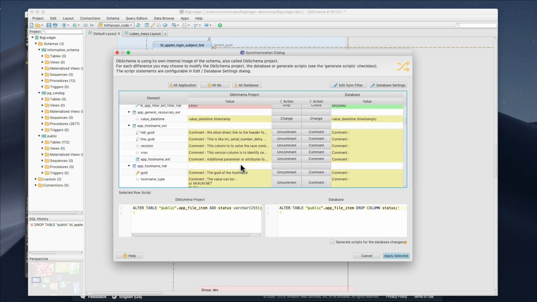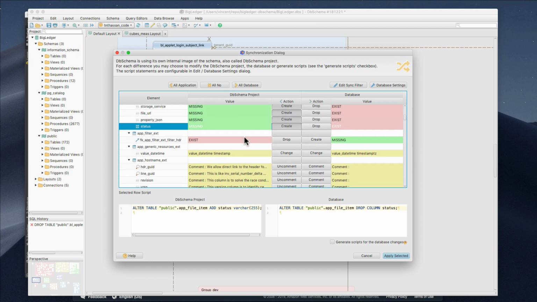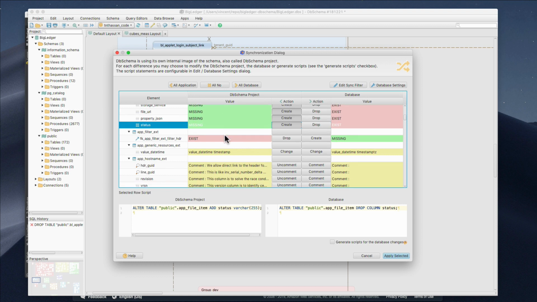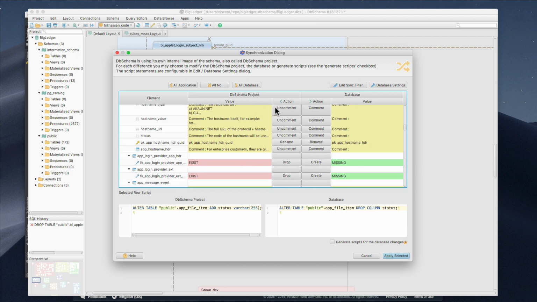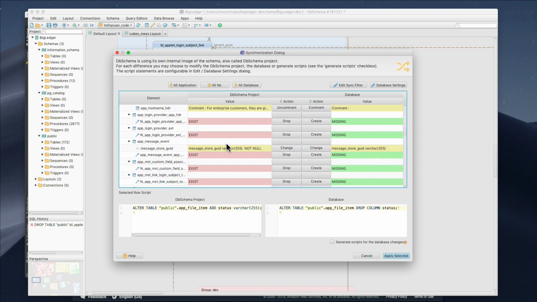But I'm going to do this in 2 steps, because first we actually update the column here, but for the one that is going to change the database, I think it's possible for us to export the difference using the DBSchema software, right? So let's try that. So this one I'm not going to uncomment, but there's something that is renamed. This is a PK app host name HDR, PK app host name HDR, GUID. I think of course this one is better, and then this one is